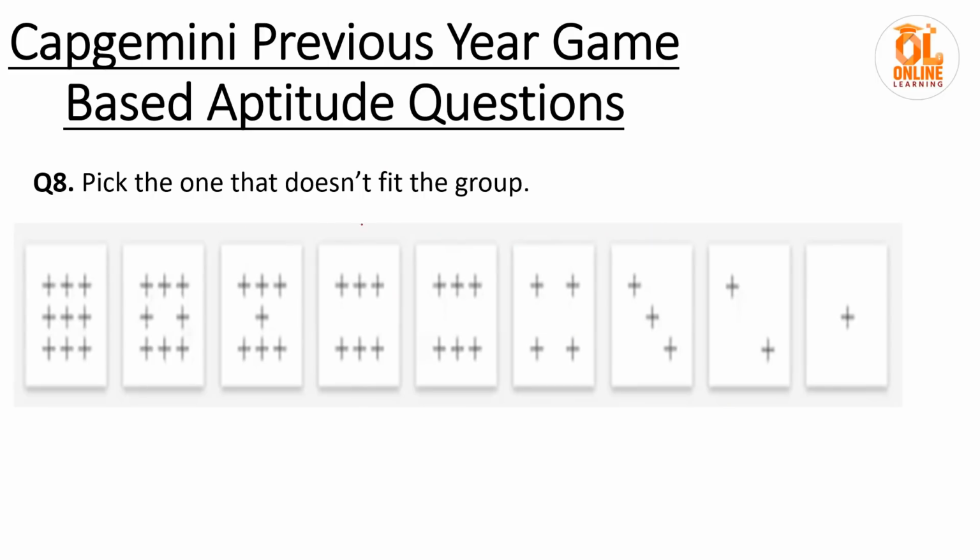Here you have to find which is the odd one among these. So if you count the number of plus signs, they are 9 in number. Here you can see the numbers are 3, 6, 8. There are 3 plus 3 plus 1, 7 plus signs. So they are decreasing by 1. Here you have 6 plus signs. But again, here you are having 6 plus signs, but we should have 5 according to the pattern. So this is wrong. Now let us move to the next question.